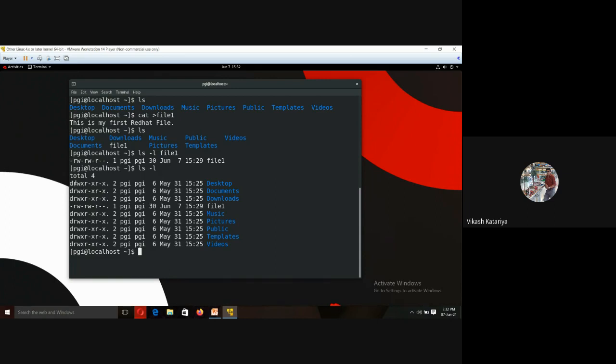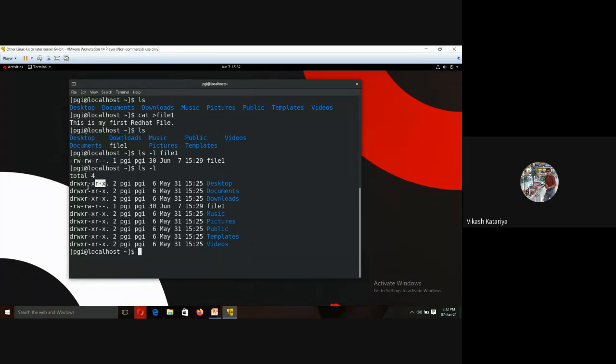R means read permission, W means write permission, X means execute permission. So RWX for owner, RWX for group, and RWX for other.